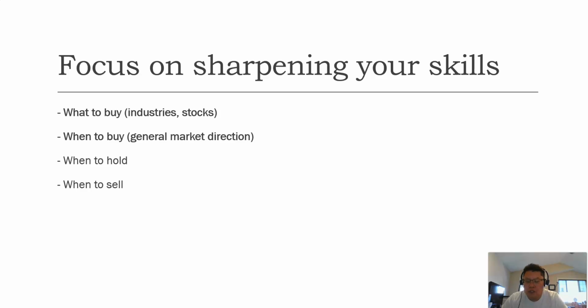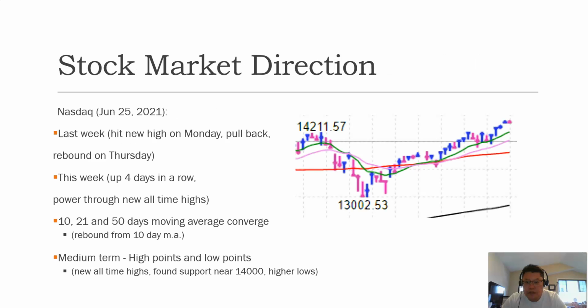We try to focus on sharpening our skills each day. Today we're going to look at what to buy and when to buy. And first we're going to look at the stock market direction. For Nasdaq ending the week June 25,